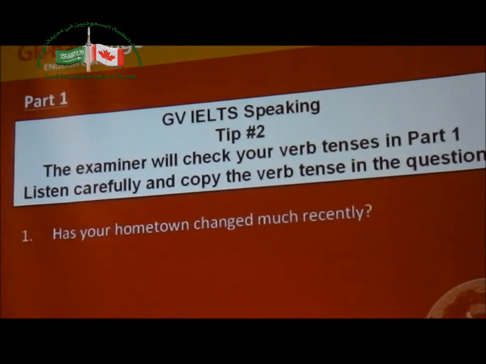What are they going to ask you about? Well, they're always going to ask you about yourself. These are the topics that they're going to talk about, and they're going to ask you about you. So make sure to practice talking about these topics with your friends. Actually, the next thing they asked about was taking pictures.